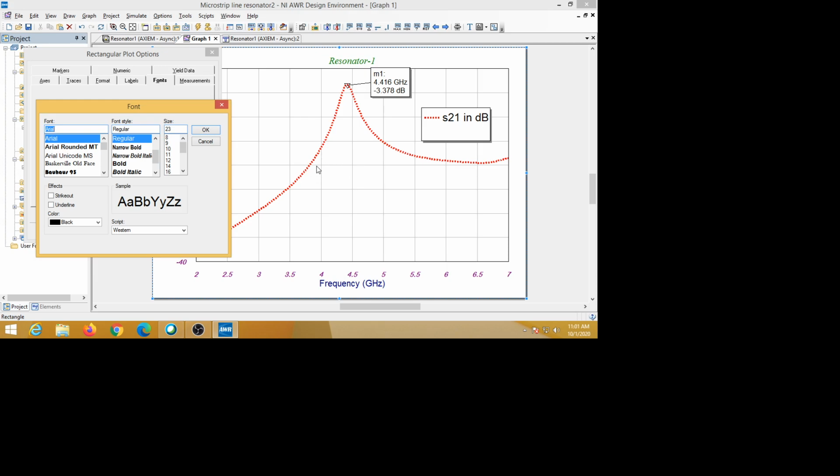Each trace we have to distinguish, so we have to use a different color for each trace, and that will appear in the legend. Okay, that we will see next. So that's why the trace color also we can change in this legend.